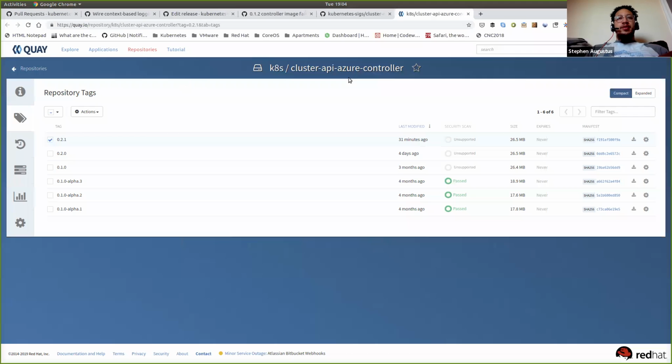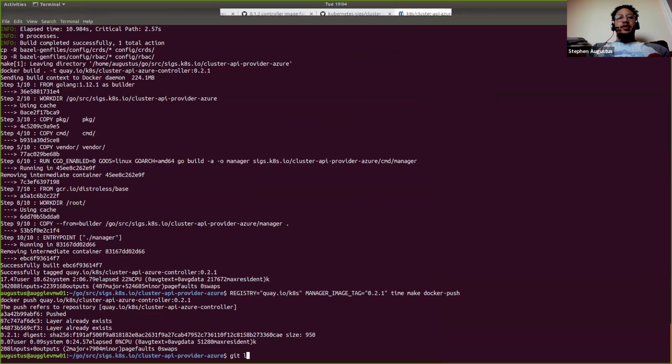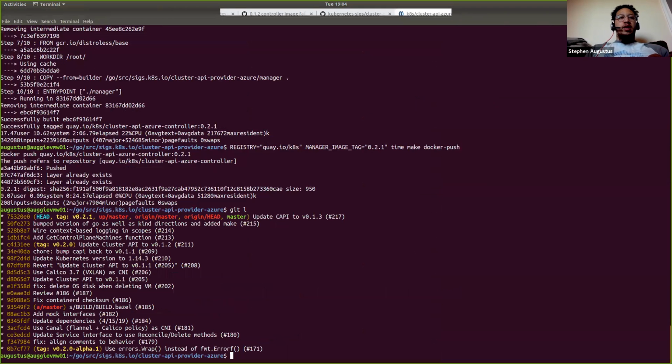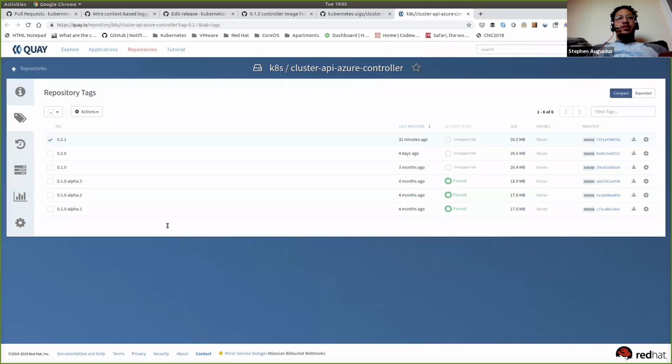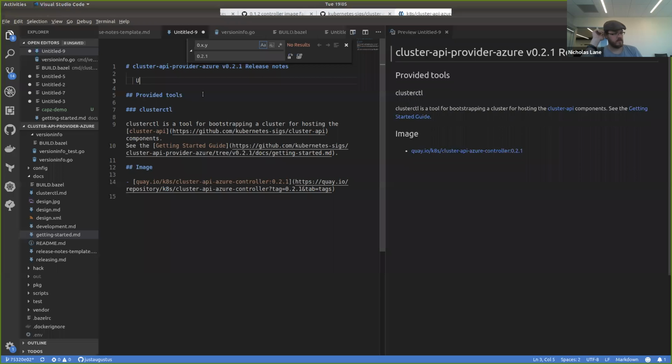Switch back over here. Let's take a look at our log, right? So over here is where we cut the 0.2.0, right? So in terms of user facing, we only really care about mentioning user facing things, right? So we did two things really, right? First one was we updated,